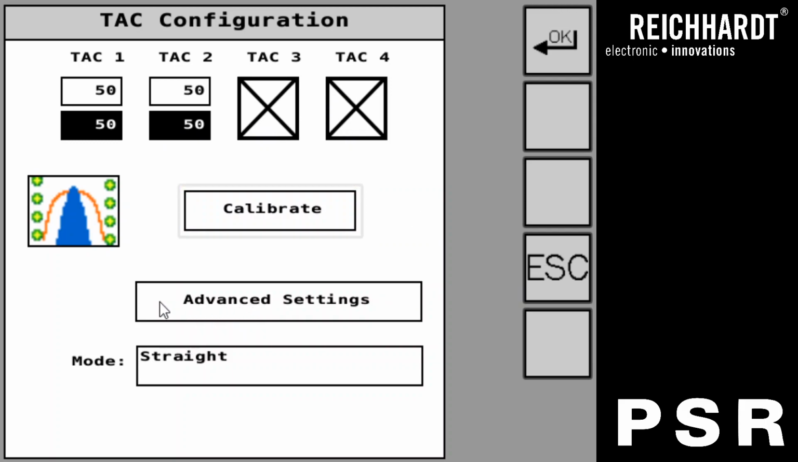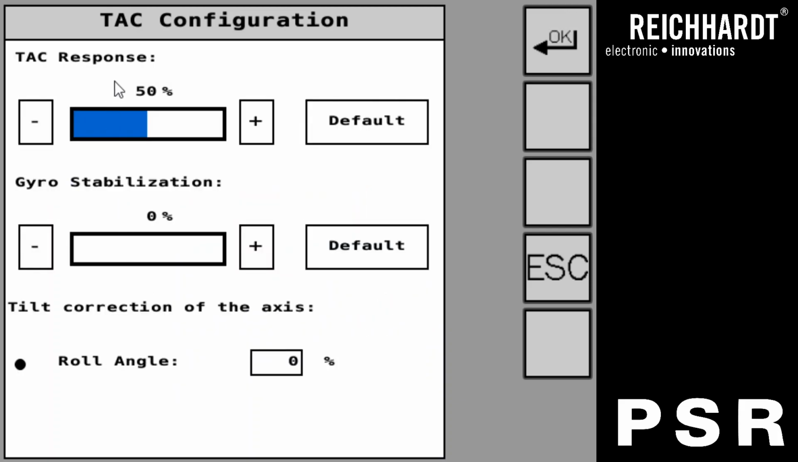Below the calibrate icon, we have a button that says Advanced Settings. If I click on that, it'll take us to our second page of TAC configuration. I call it our Advanced Settings TAC configuration page, and you'll see a couple of sliders. The top slider is our TAC Response, and for most harvesters you're going to have a value somewhere in that 50 to